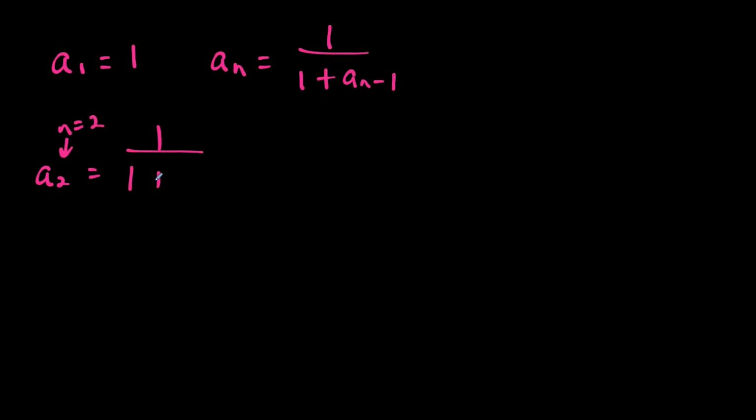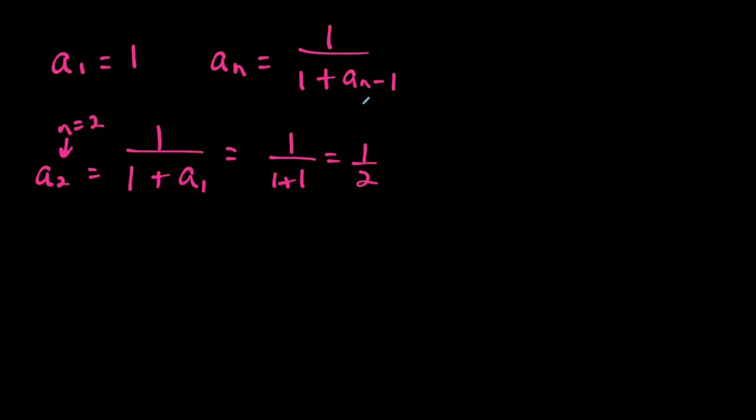So this time we'll let a sub 1 equal 1, and the nth term is going to be 1 over 1 plus a sub n minus 1. And from here we want to find the first 5 terms. So to find a sub 2, once again, I could do everything by substitution and say n equals 2, and that's going to give us 1 over 1 plus a sub 2 minus 1, which is a sub 1, and then when we make the substitution, we're going to get 1 over 1 plus 1, which is